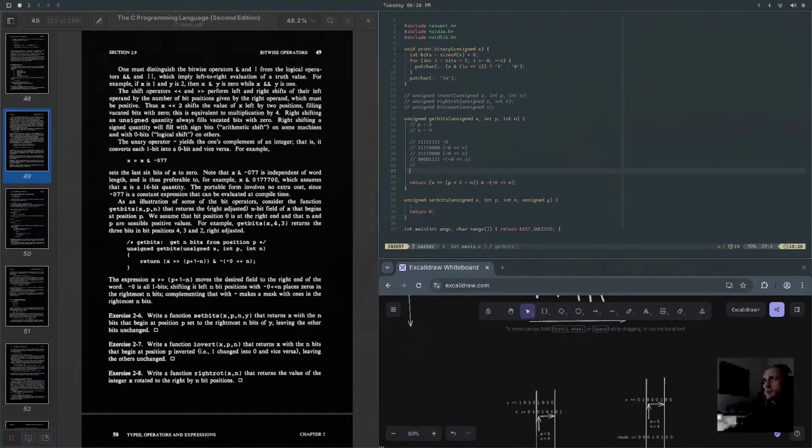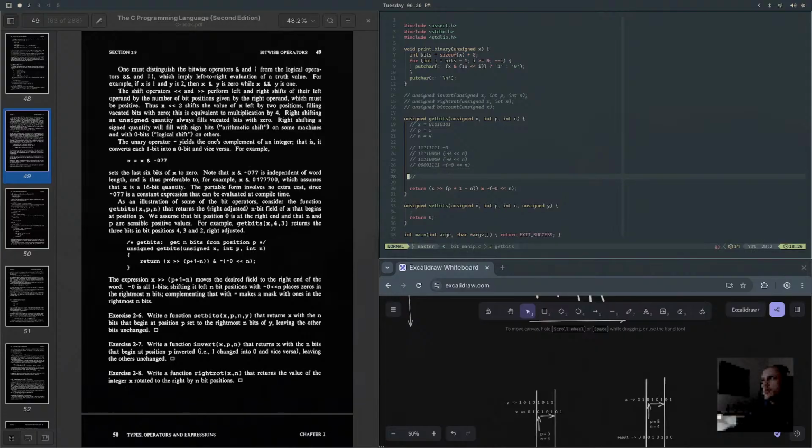The left hand side, if our x is the value 0, 1, 0, 1, 0, 1, 0, 1, okay, then x